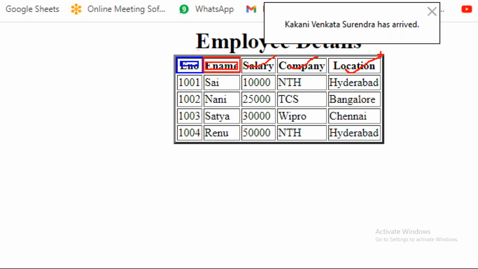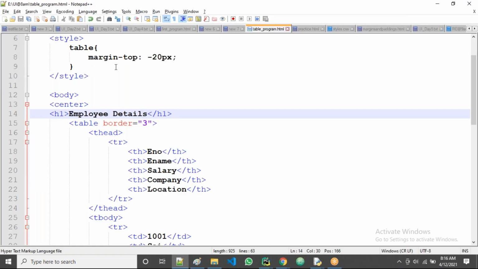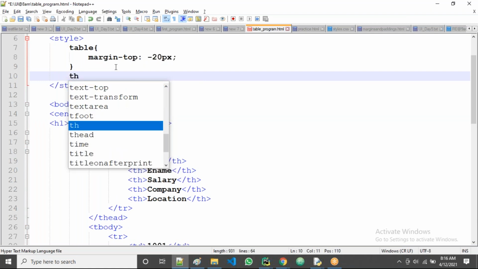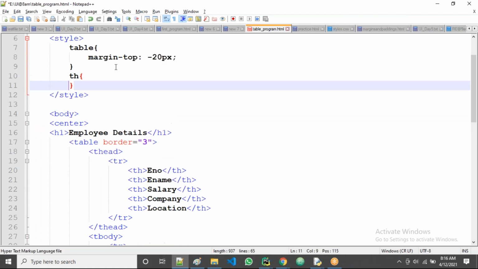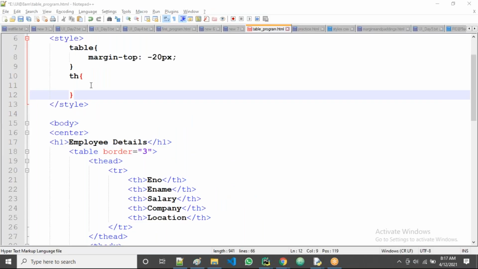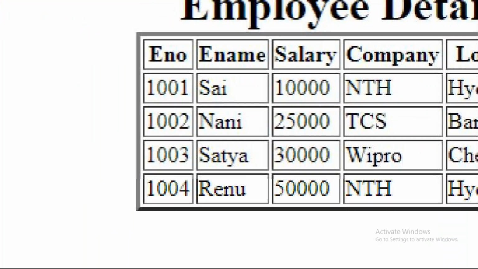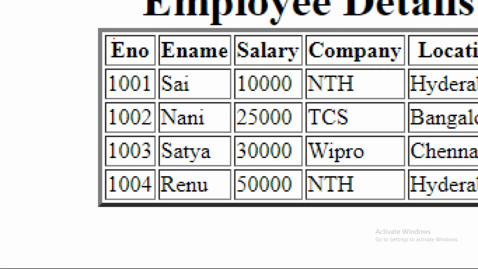Now what do I do here? All of you observe. I'll take the th tag. Th tag means which one? These things are the th tags, where inside the th tag there is E and O, E and M. I'm taking the th, and what I want here is more space, guys. I want more space on the top, right, bottom, left.